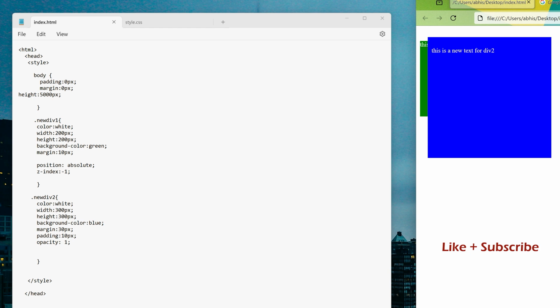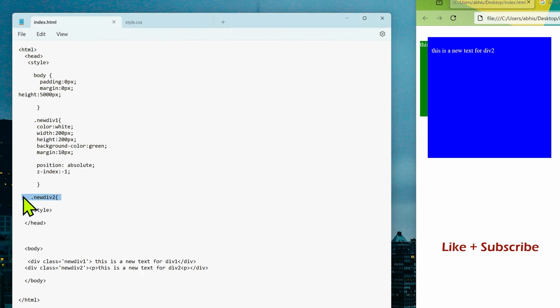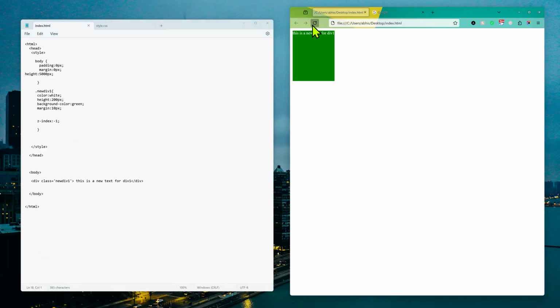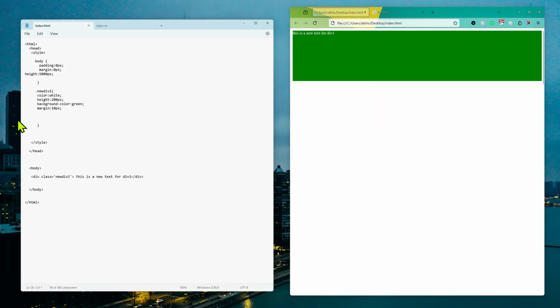Okay, let's go back to the tutorial. For now let's remove one div from here, and also from here we don't need 2 divs. Also, I remove the width because we want complete width for this div. We remove absolute, and also we remove Z index. We don't need that. Okay, perfect. Looks nice. Okay, let's talk about a very important thing which is really important for all the advanced web development,